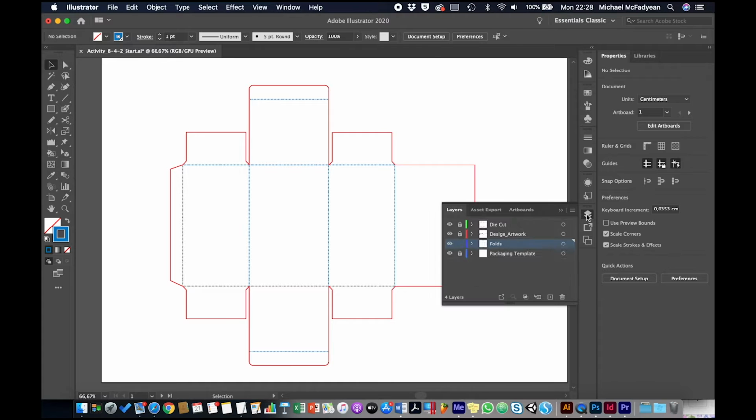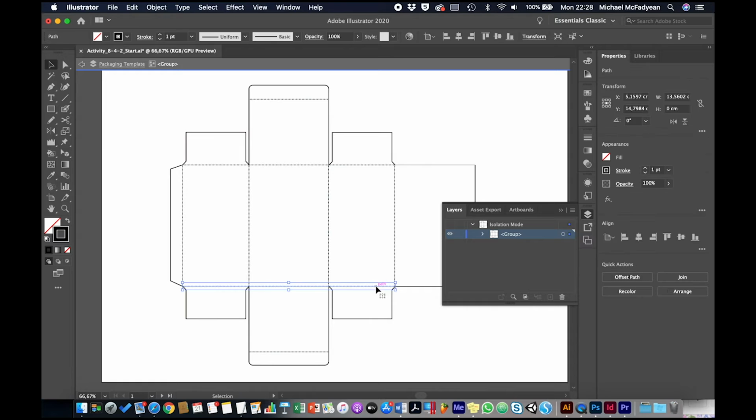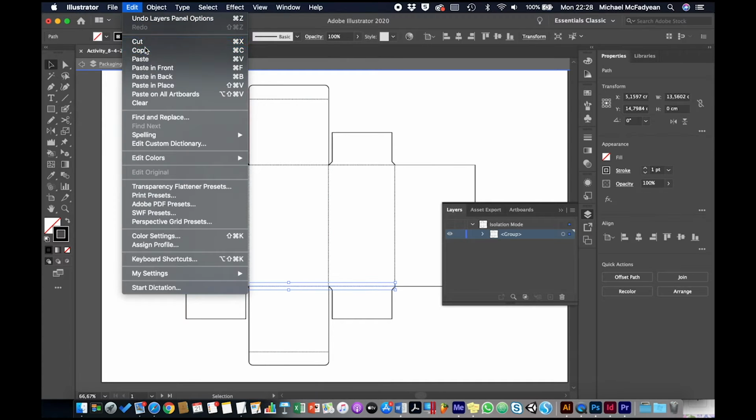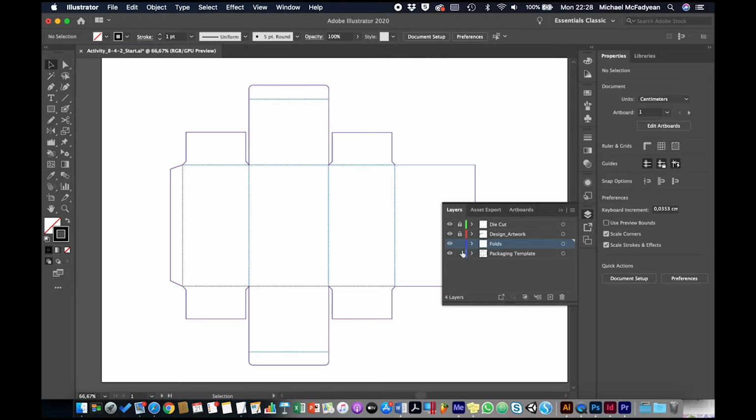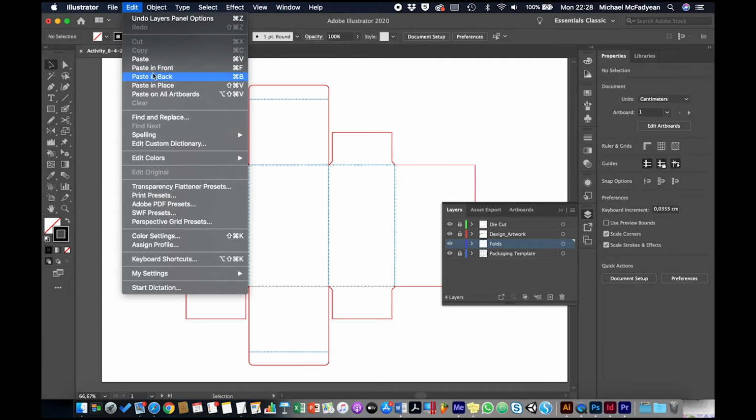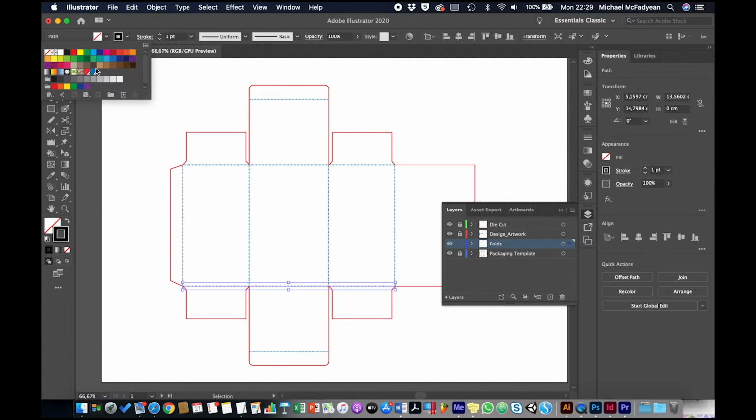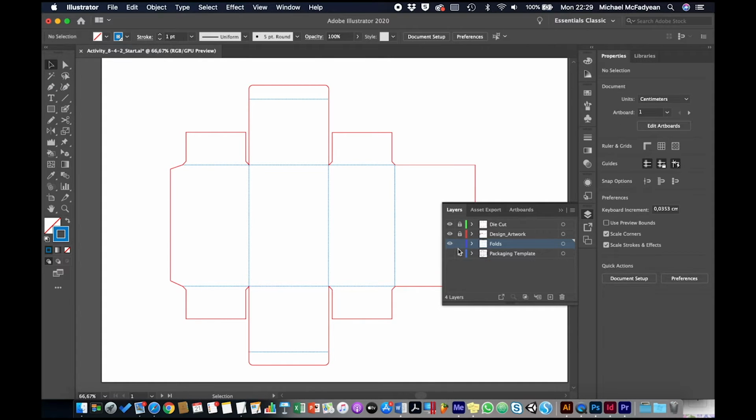Okay, so if I now hide my original template layer, you can see that I have my die cut and I have my folds. I'm actually missing a fold here. Let me go back and find that. That's this line here. Okay, copy, let's go to the fold layer, paste in place, and we'll make it that blue. Okay, that's better. Right, so I can lock the fold layer